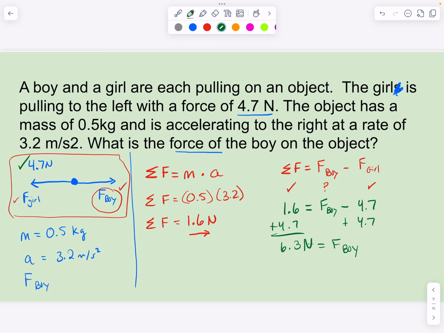All right. So really we have a couple steps here that are helpful. I find that if I begin with drawing the free body diagram, it helps me know what's going on in terms of what's the picture. I put down my known entities here. What are the things that I know? I knew the mass, acceleration, and I also write down what am I trying to find out. And then I found my net force using this equation, and then used that value to figure out the remaining missing part, the force of the boy. Let's try that same process now for a different problem.